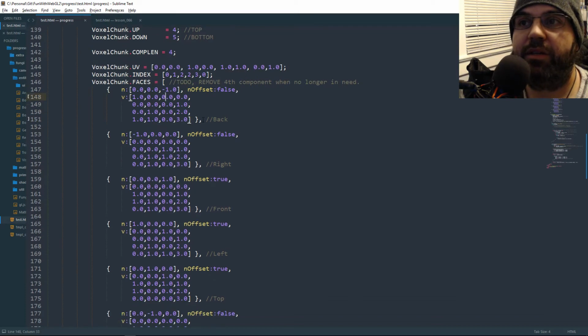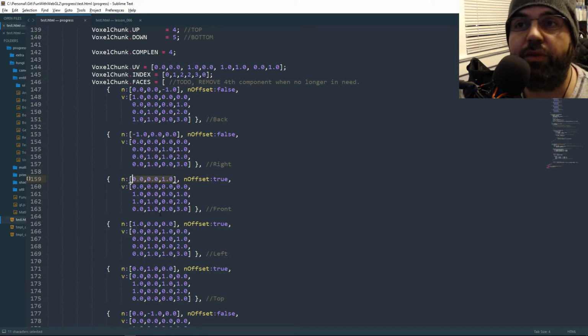So in the case of a forward direction, front, I set the offset to true. So when I'm building the face, I take all the values here, and I add the normal to it as well. Then I do the scaling and everything else. So I have to do an offset to draw the front face correctly when I'm building the cube